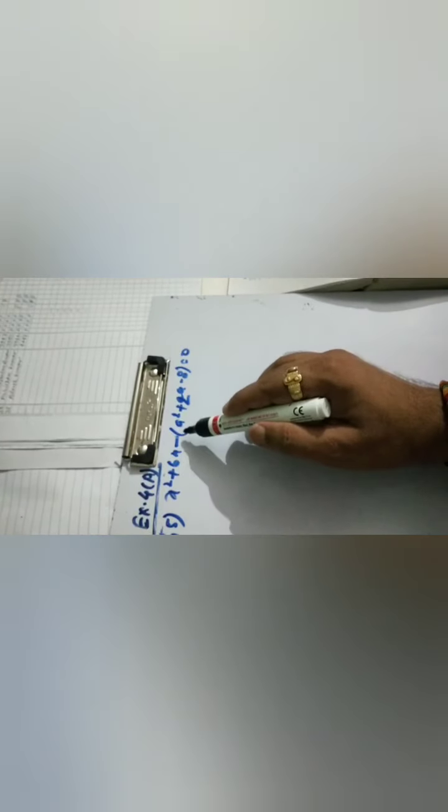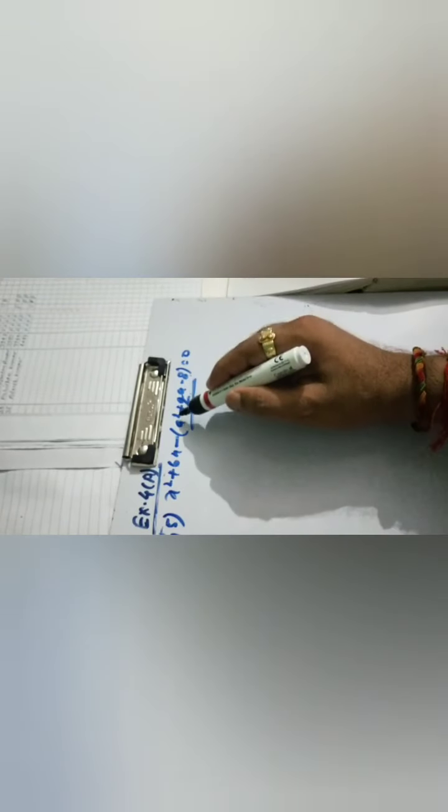Let us see question number 45. The question is, we have to find the value of x, or we have to find the roots of the quadratic equation x square plus 6x minus a square plus 2a minus 8 is equal to 0. Now see here, a square plus 2a minus 8, its degree is 2, so it is also a quadratic polynomial. Let us factorize it first.